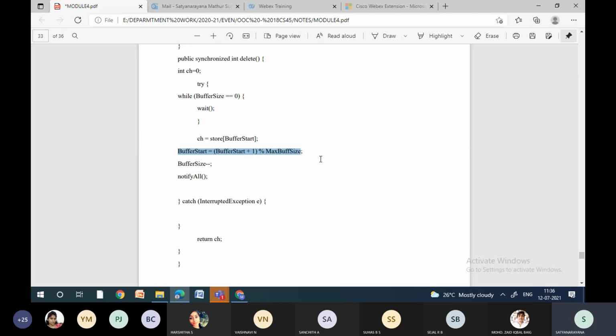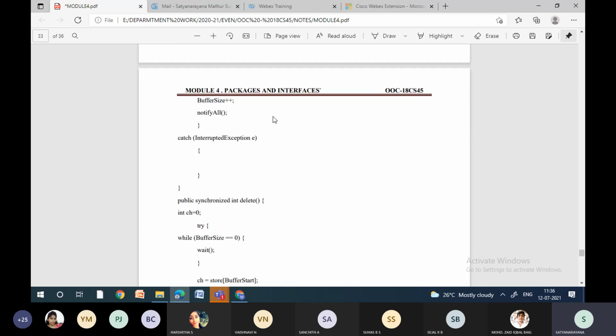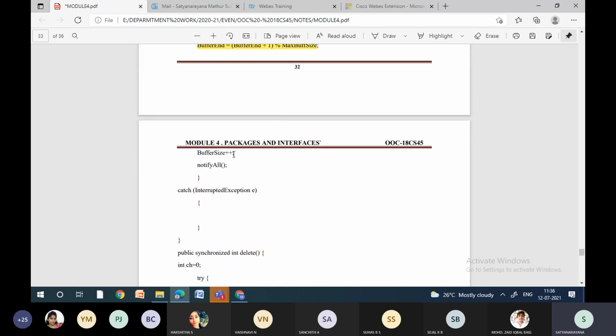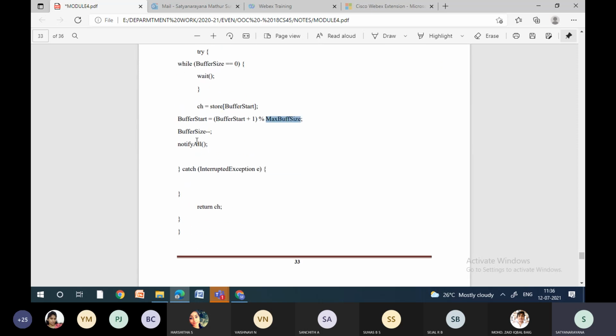Do we need to really write this statement? It is up to us. Why we write this is that it is a default statement, because we don't know the buffer start value or the maximum buffer size. So this program will work for whatever the buffer start value or maximum buffer size might be. If you want, you can give some value to buffer start and calculate the mathematical steps manually, then you will come to know about it. Initially here we incremented the buffer size because we are inserting. Here the buffer size will be decremented because we are deleting one by one.